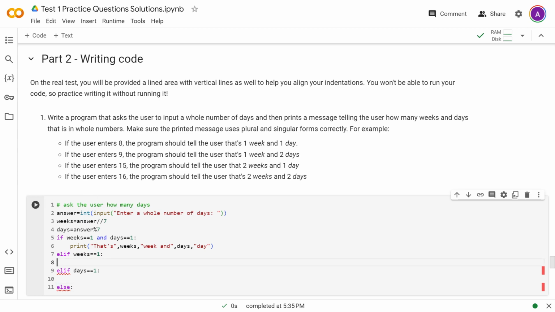Okay, so if they're not both 1, then we can check if weeks is 1, but that would then automatically mean that days is not 1, since we already know they're not both 1 if we get down to here. Okay, so if just weeks is 1, then we would print that's